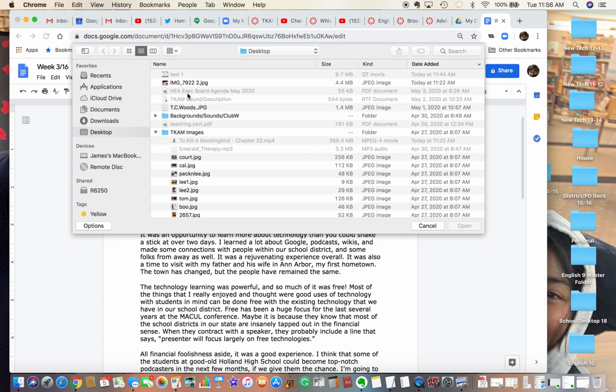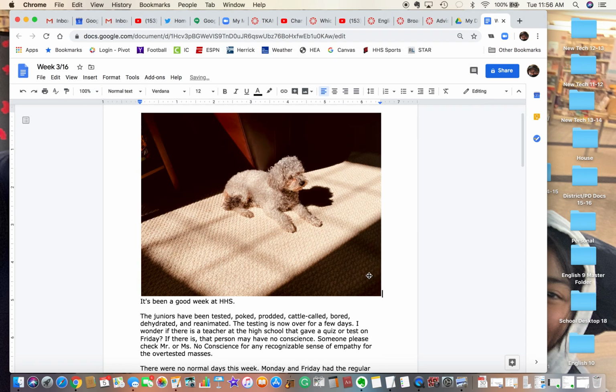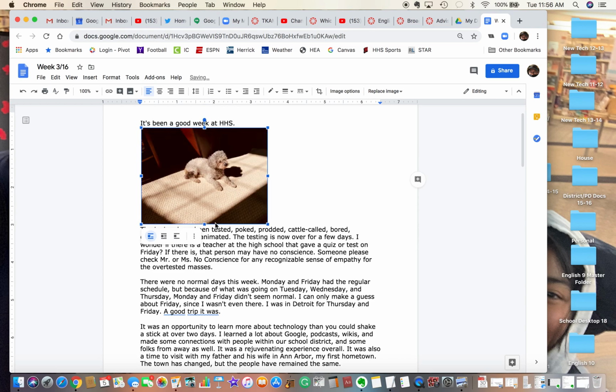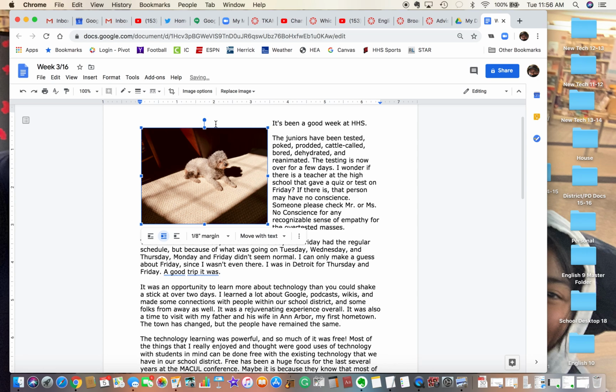I'm just going to send in this picture of my dog. There she is. Let's Scout. I'm going to click on top of it. I'm going to shrink the size a bit so it doesn't take up the whole page in my document. Now, once you wrap the text like this, you can move it and the text will flow